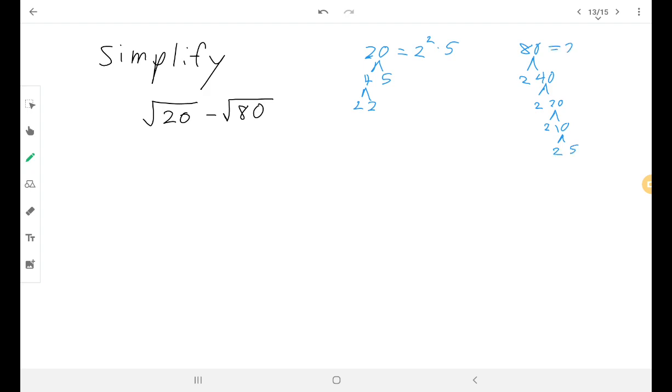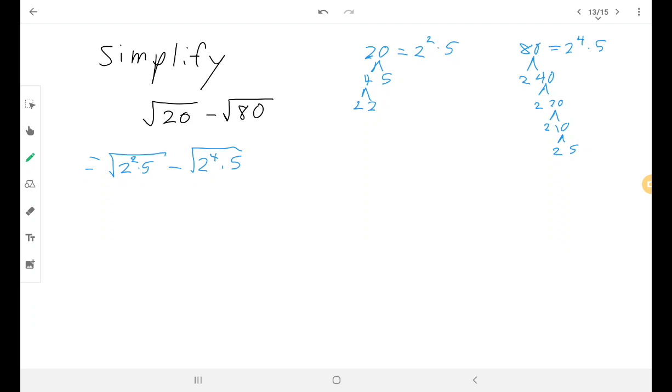So that's 2 to the 4th times 5. So let's see what we have now. Now we have the square root of 2 squared times 5 minus the square root of 2 to the 4th